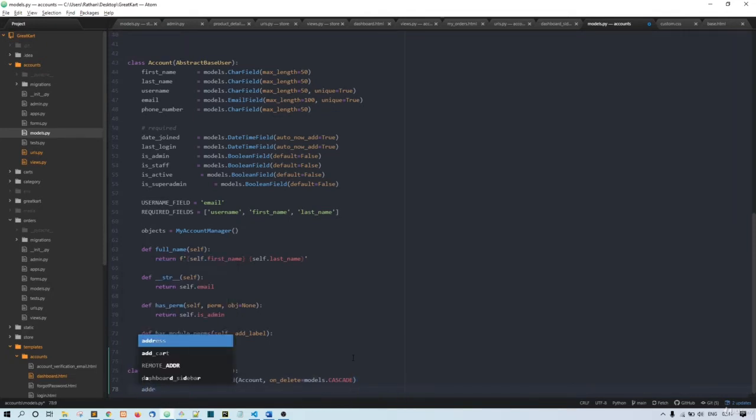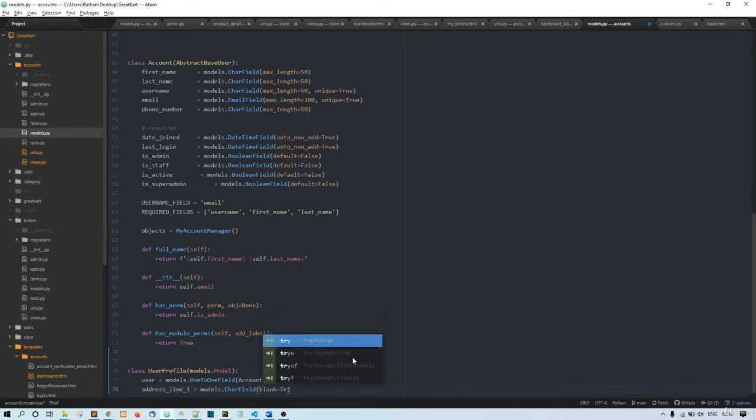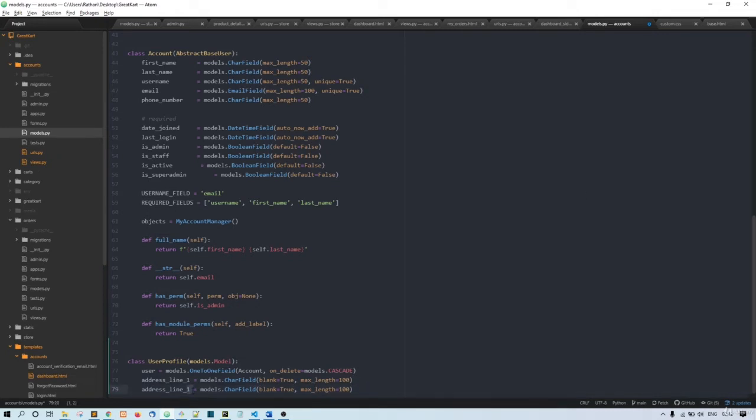Okay, address_line_1 is equal to models.CharField. Let's make this blank equals True, comma, max_length equal to 100, and I'll copy and paste it here. This is now address_line_2, models.CharField, blank equals True, max_length 100. Okay, and city,